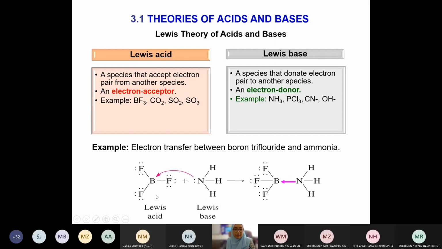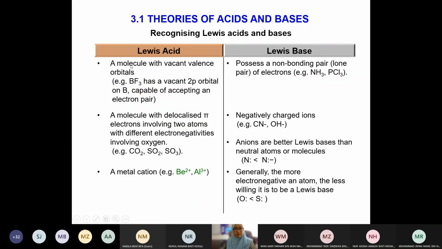But you have to identify which is the acid and which is the base. Okay, like I said, for a molecule, how do we recognize the Lewis acid and base? Like BF3 just now, with a vacant valence orbital. It means it lacks electrons. How do we know it lacks electrons? It has a vacant valence orbital, like BF3. It has a vacant 2p orbital capable of accepting an electron pair. It means it has a vacant valence orbital, therefore it can accept the electron from another species, and that electron will be placed in that vacant